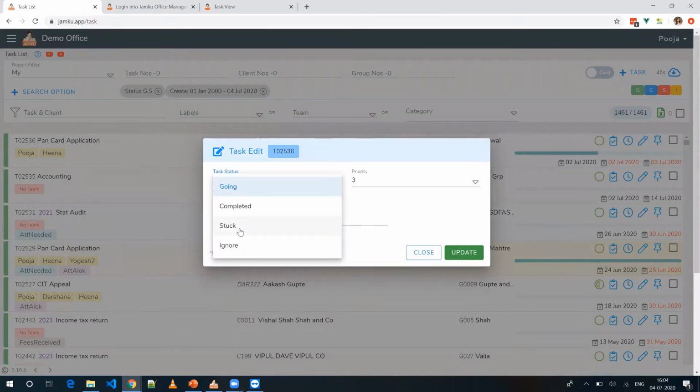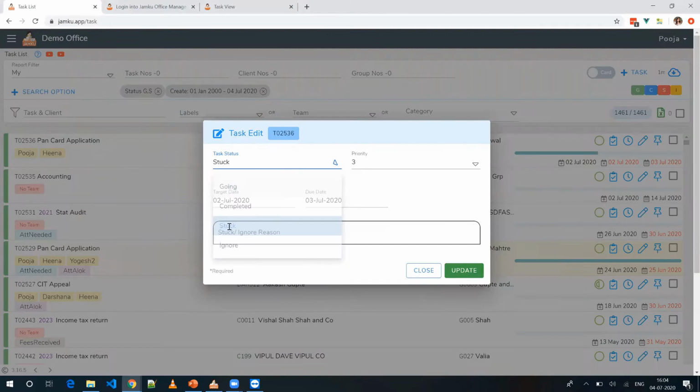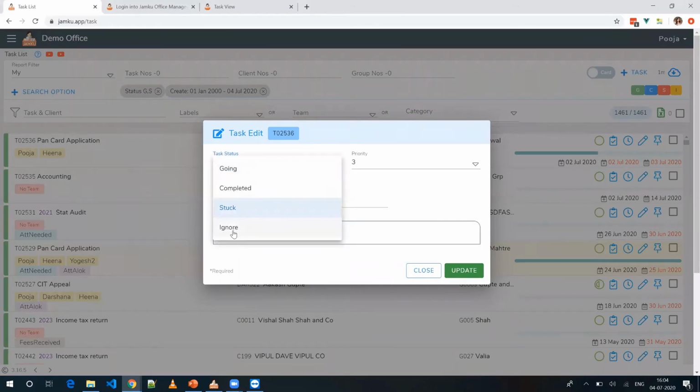Stuck comes into the picture when the work is not progressing further for any reason. You can mark the task as stuck, and the reason is compulsory to mention, like why you are putting this task in the stuck state. Ignore comes into the picture when, suppose, you have created the task but you don't want to do this work for this client for this quarter. So you can simply ignore that.